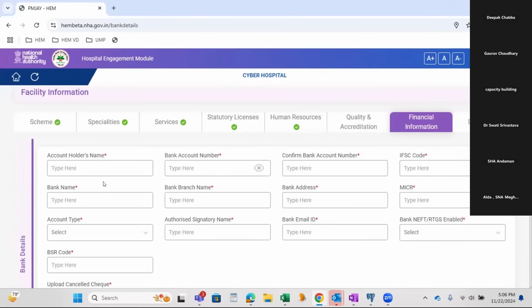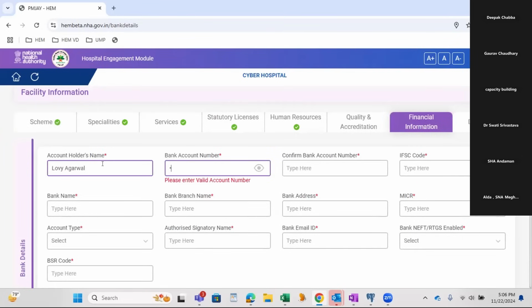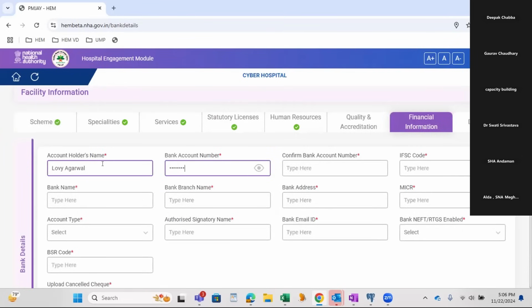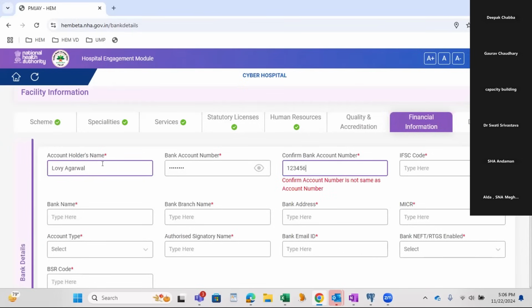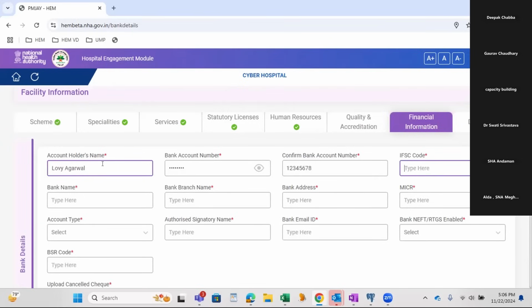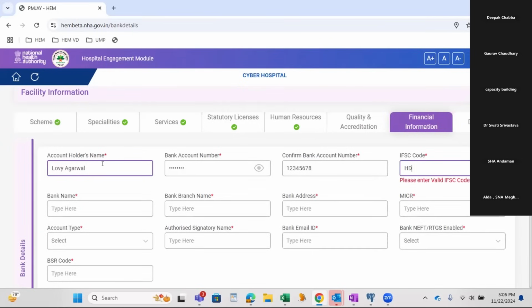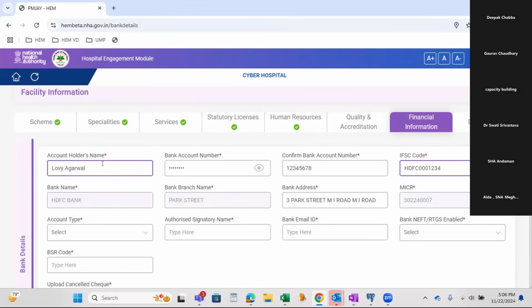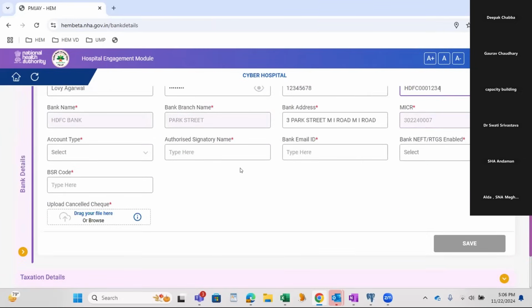This is the financial information tab where we will enter the bank details and all the account details. So this is the account holder name, the account number, IFSC code. If you see, the moment I enter the IFSC code, bank name, branch name, all these fields will be auto-populated.